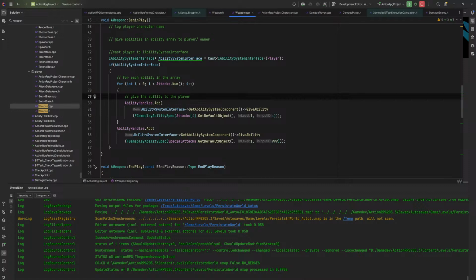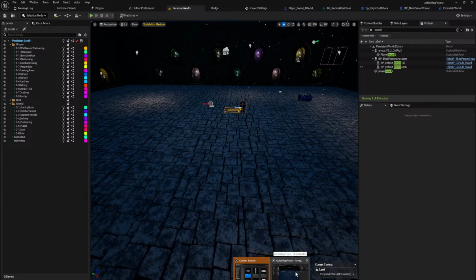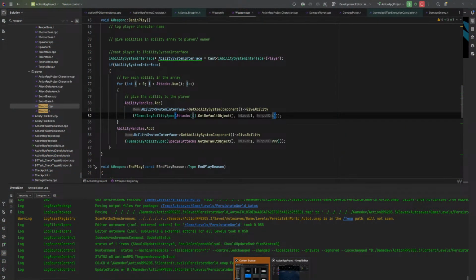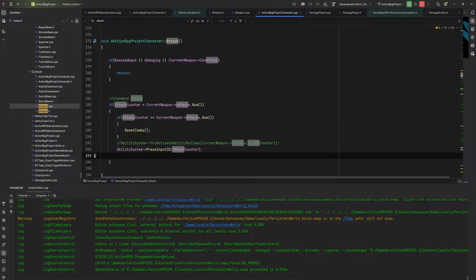So I guess what I could do instead of using this input ID is going back to here. Is do this still.